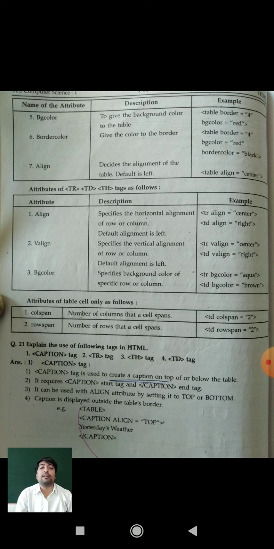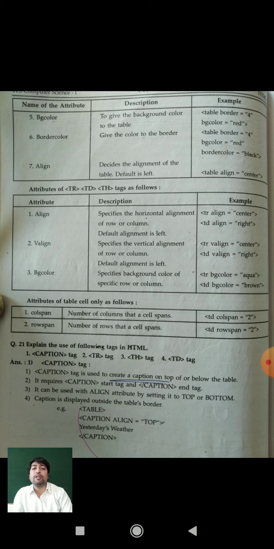Also we will see the details about the tr, th and td tags. After that, you can easily create a table in a well-formed format, and you can also join different tables with different tags.